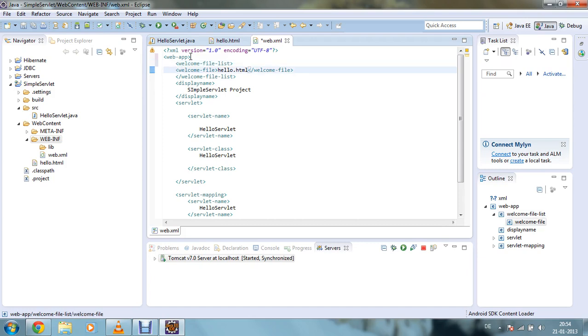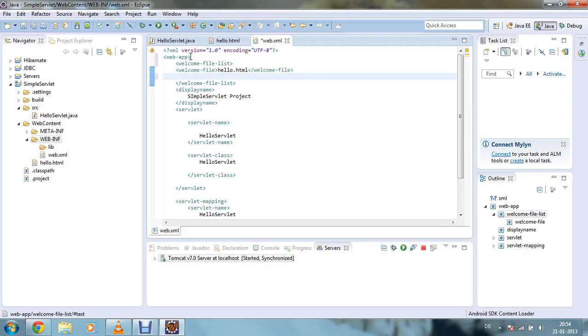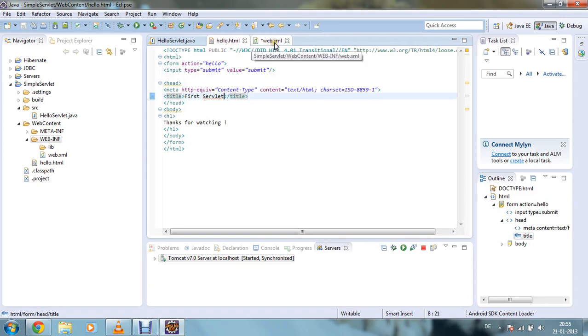You can give an unlimited number of welcome files over here. For each welcome file you have to create an HTML file for your servlet. Here I have created one welcome file, that is hello.html, and I have created the hello.html file itself.